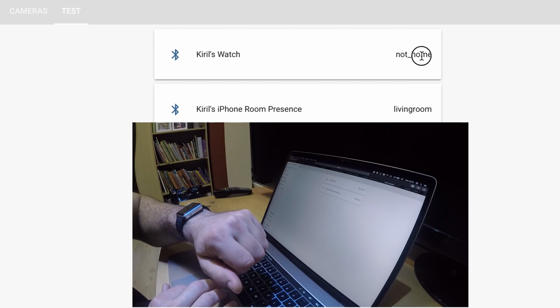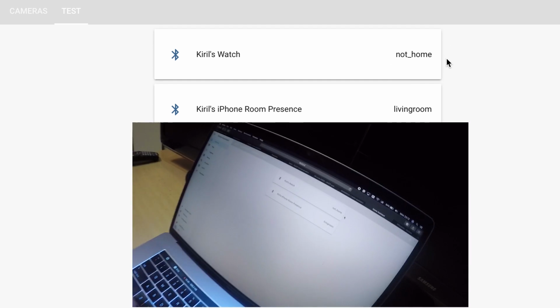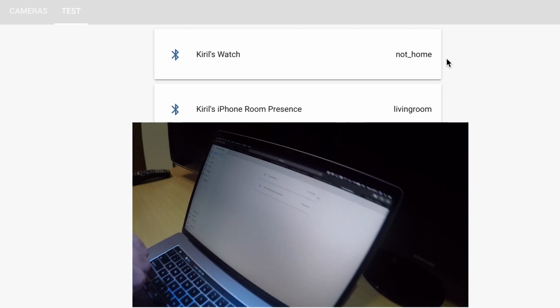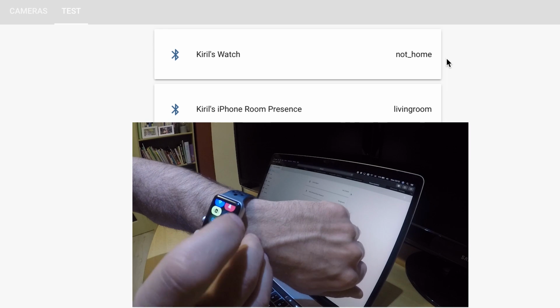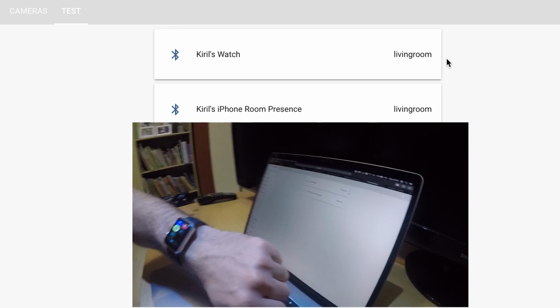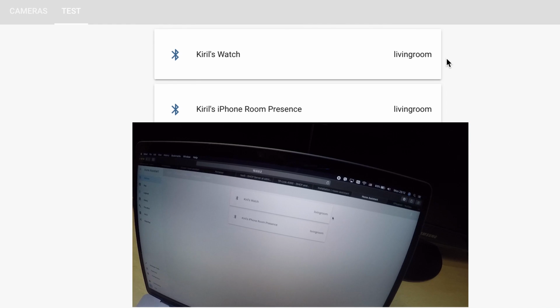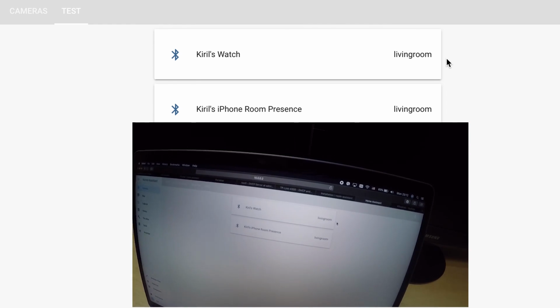Here it is, not home. Great. If I now disable the flight mode, again the living room is returned back.